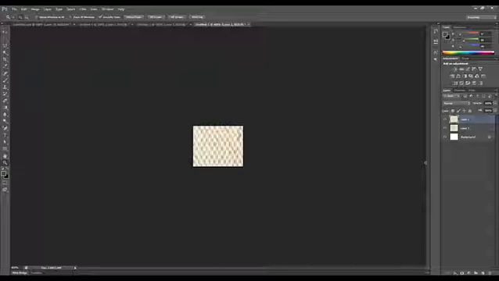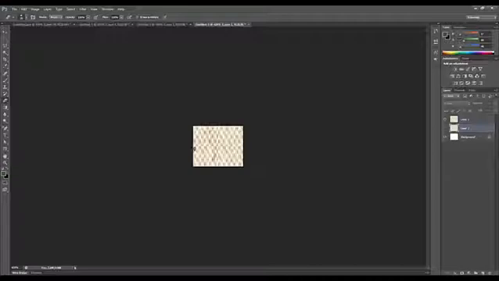Paste it down, and now I've got the offset version on top of the normal version. I'll just swap them around actually. The normal version's on the bottom, the offset version's on the top. And all I'm going to do is take this eraser, reduce it right down, and get rid of this bit across here. Take that eraser, make it quite small, and just do that. Get rid of that sharp line, and then put the original image in the background. There we go. That's pretty good. Now that will tile pretty well.